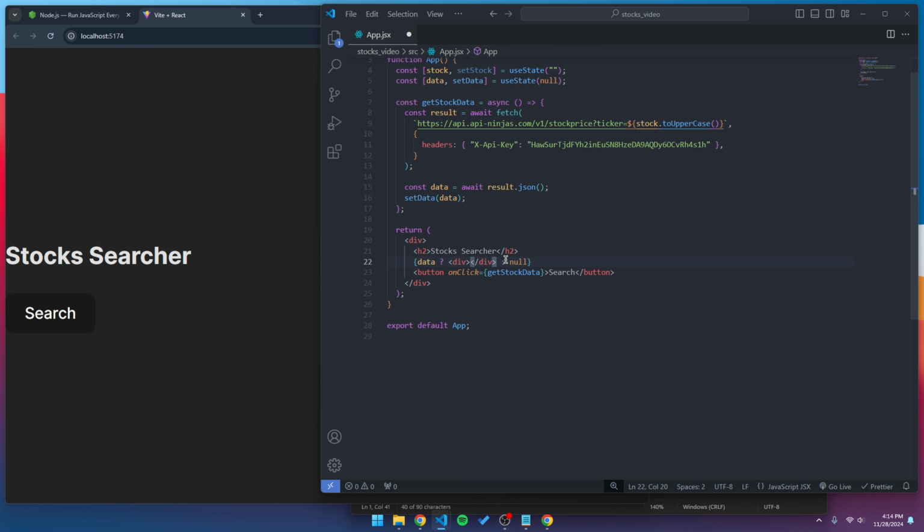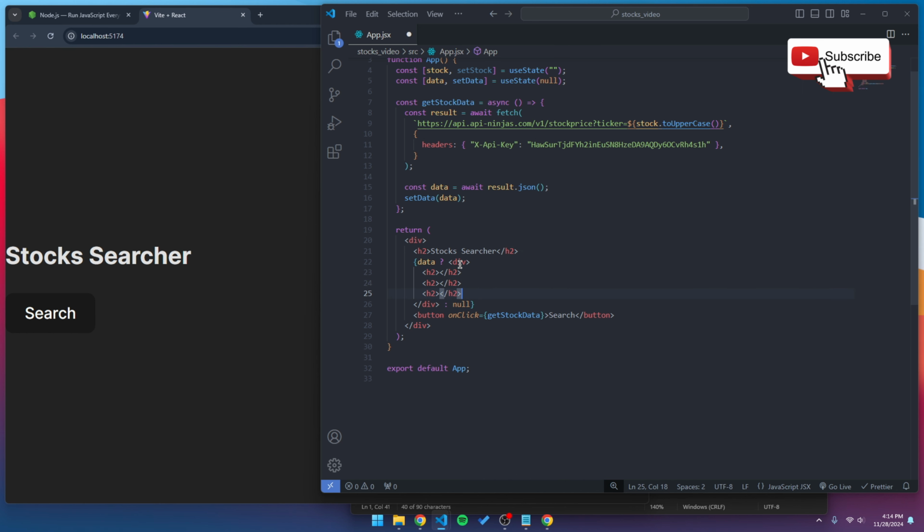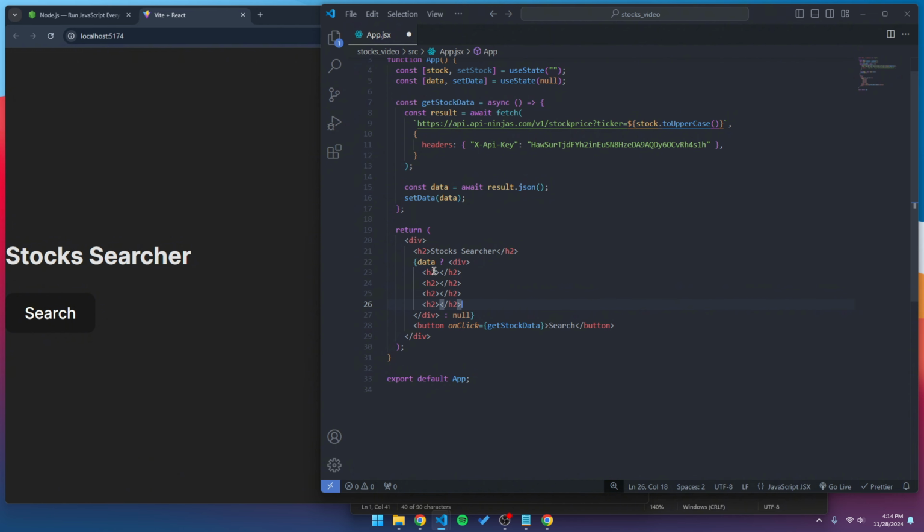And in this div right here, go ahead and click enter, and let's do an h2, and let's do this 4 different times. So 1, 2, 3, 4. This is going to be for all of our data. So this one is going to have the ticker. So for this, we can do curly brackets, and in here we can do data dot, pretty sure it's name,